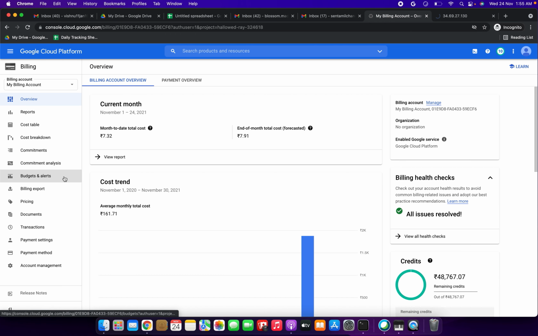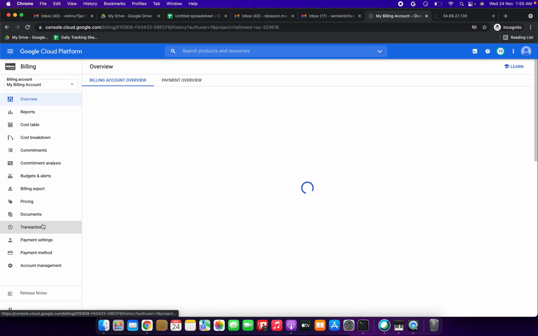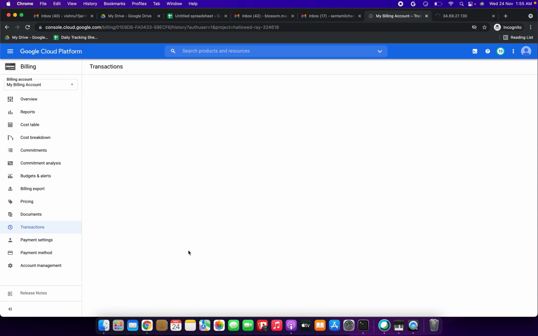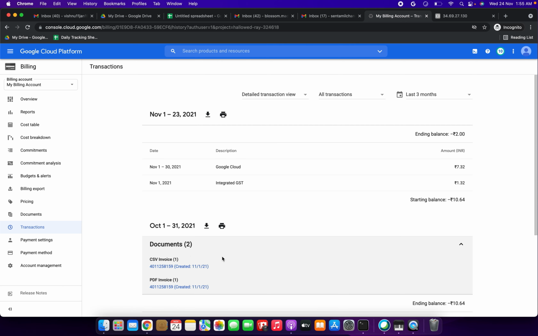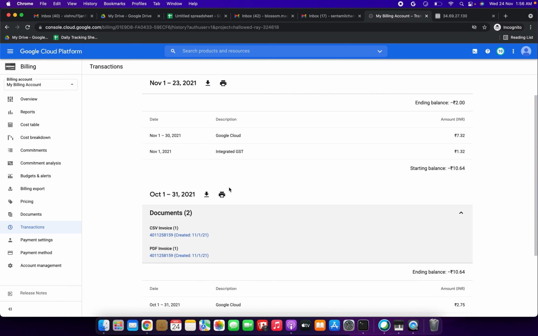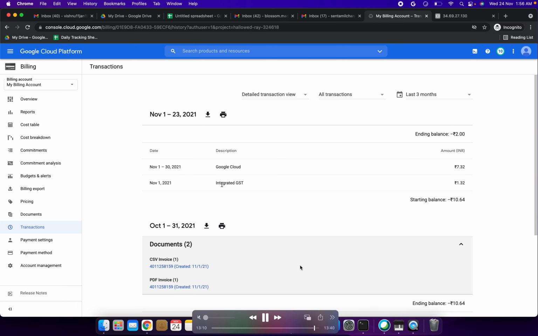So I think we need to check under the transactions. I have used it on the 23rd only, but tomorrow maybe they will add that one. So the 23rd only it is showing, but maybe tomorrow they will add these charges. Let's check it tomorrow. Okay, thank you so much.